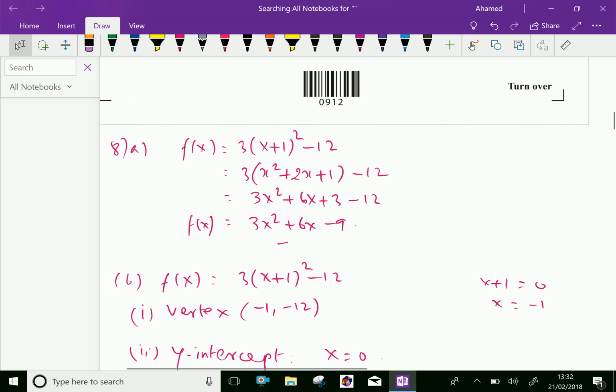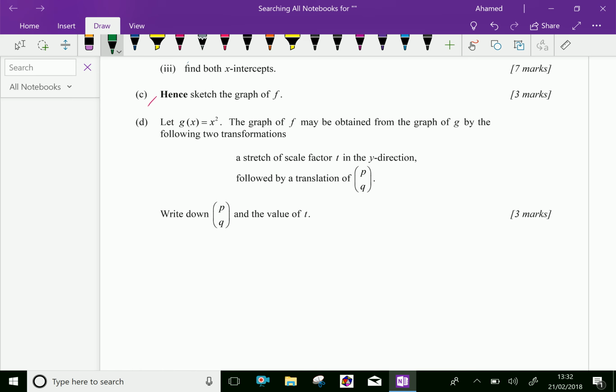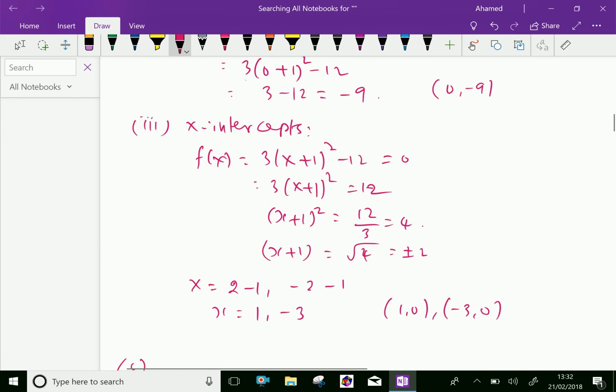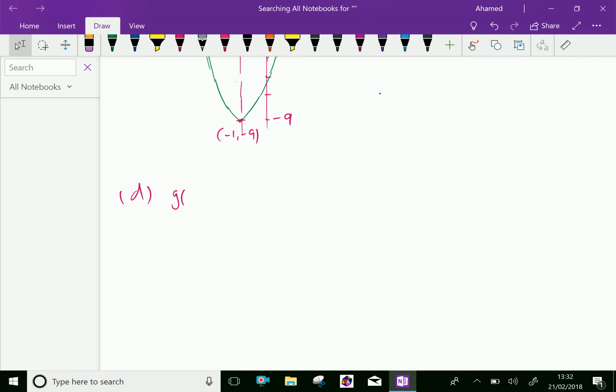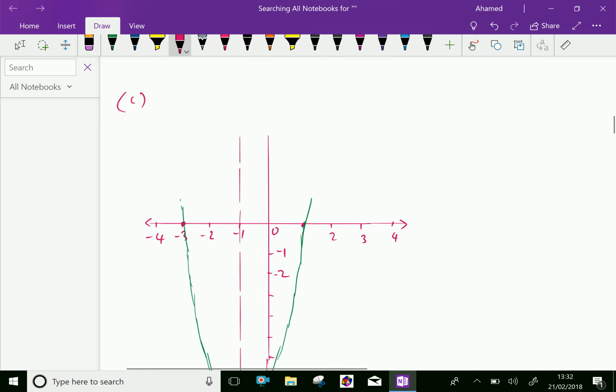Now we are done with the sketch. Now next, question number D. If g of x equals x squared here, and f of x is given as 3 into x plus 1 whole squared minus 12. So the question is,